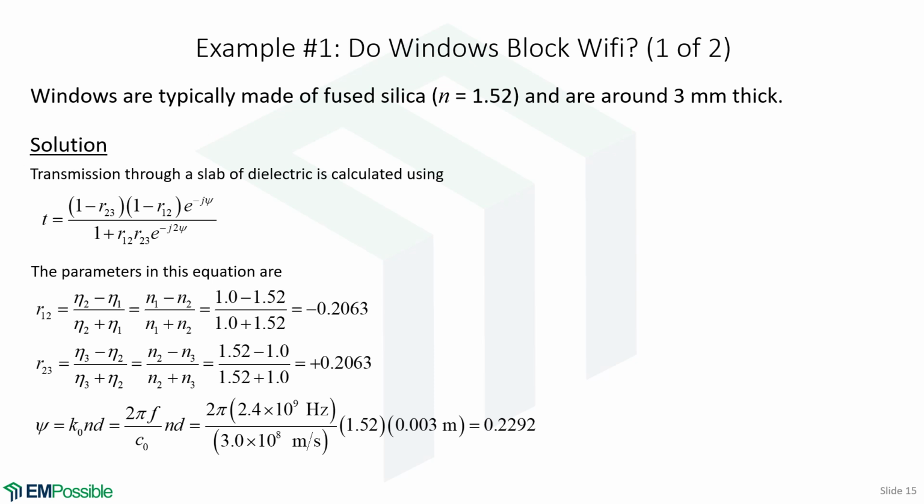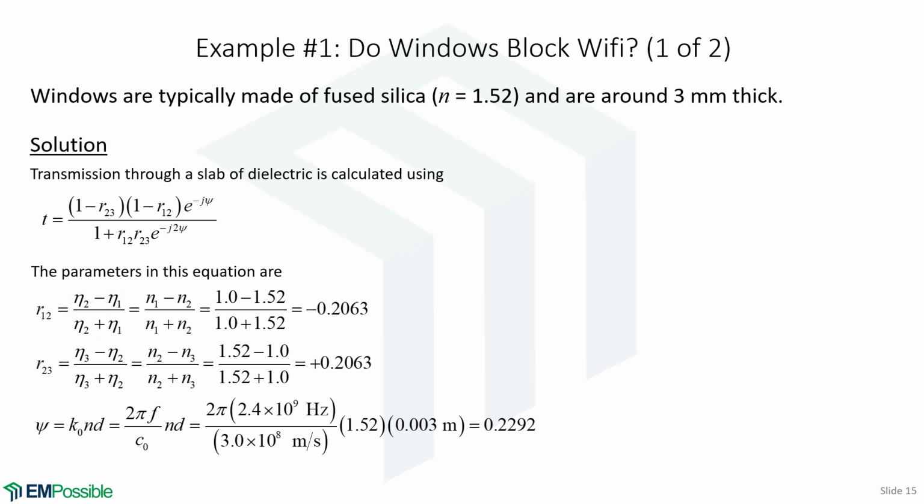Well, from there, we need values for R23 and R12 and even the psi. So the R12 is the impedance of the second medium minus the impedance of the first divided by their sum. We can put this in terms of refractive index. For optics problems, when you're given a refractive index, you can assume that the relative permeability is just 1, and you can convey that completely through the relative permittivity, and we can reduce a problem that has impedance in it